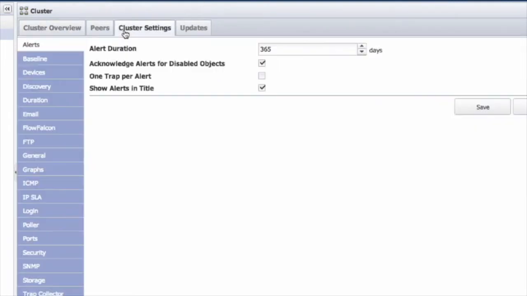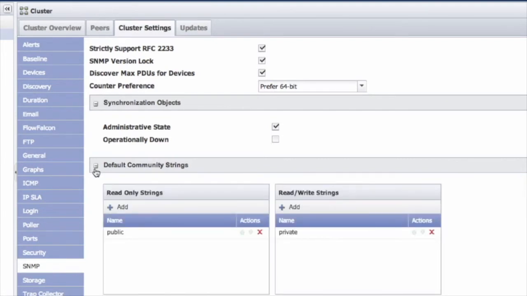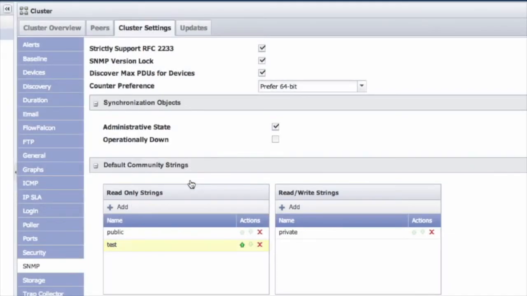However, there are 2 to 3 main things you really want to configure at the start of your 30-day trial. Under the SNMP tab is probably one of the most important. You want to go down to the default community strings and then add your read and write strings as you deem necessary. Now, if I were to add another read string here, by default it's at the bottom of the